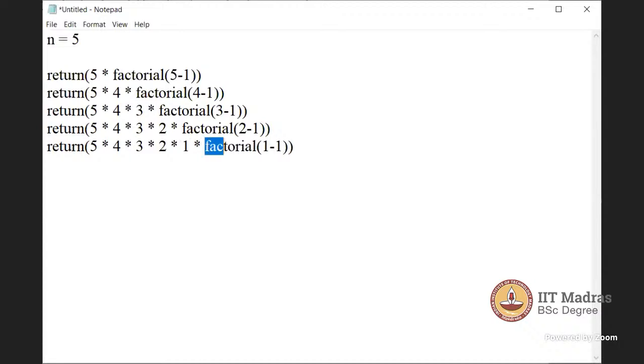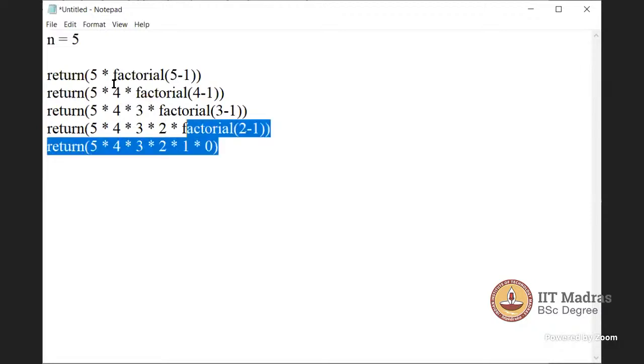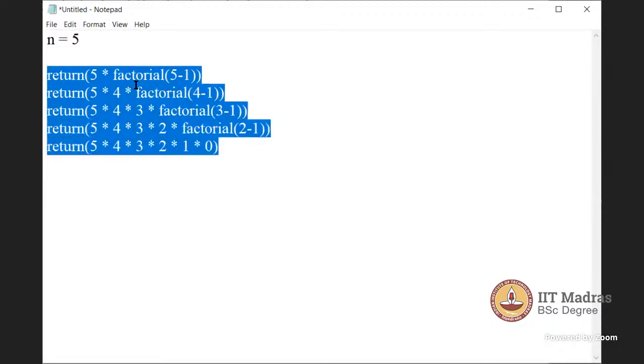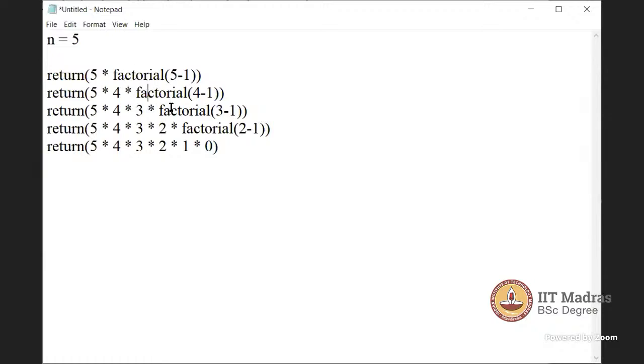And now we know factorial of 1 minus 1 is factorial of 0, which we know. Now we can get the result. So internally, there is something called a stack, which will maintain all this information: which one got first, what is second, what is third, what is fourth, what is fifth, and so on.